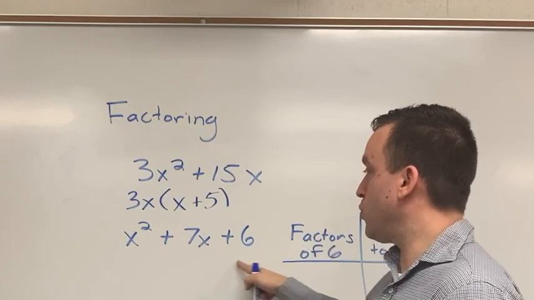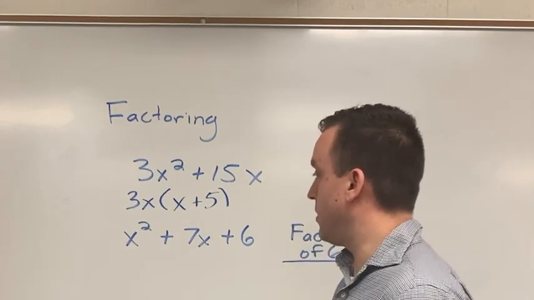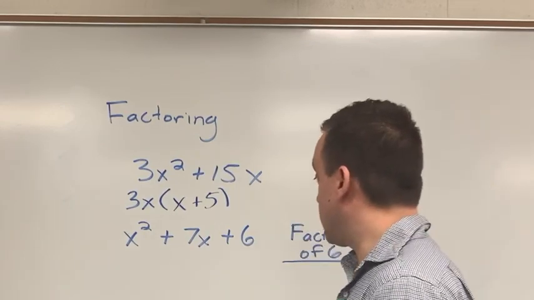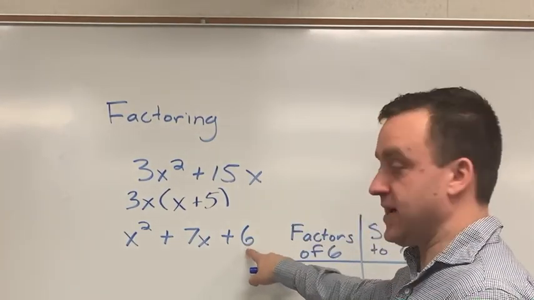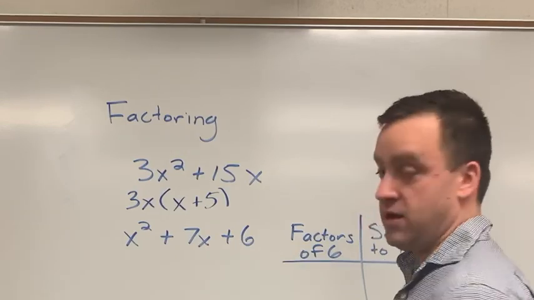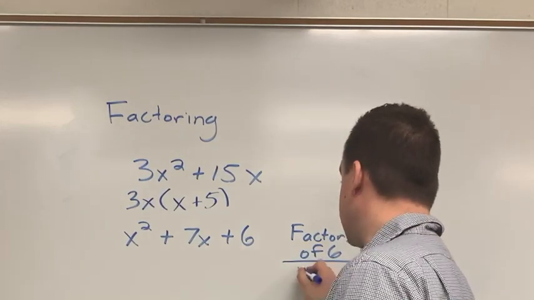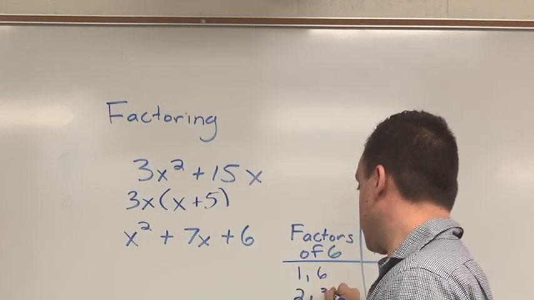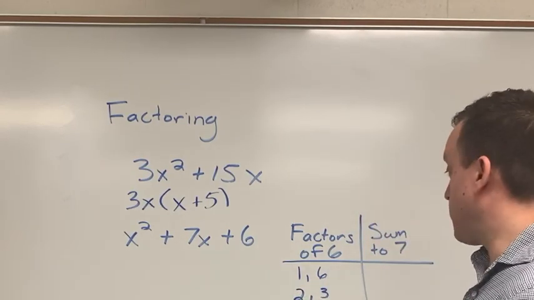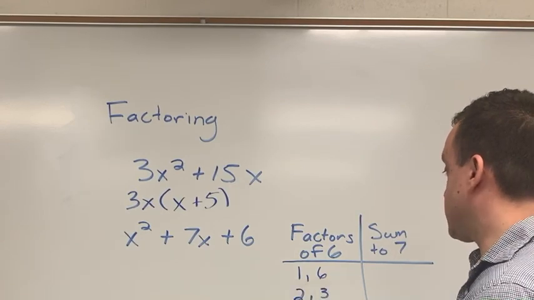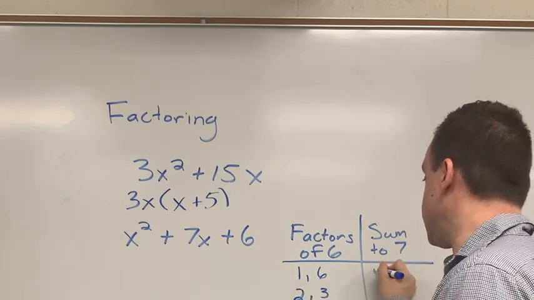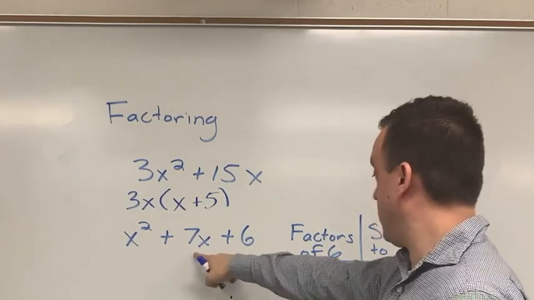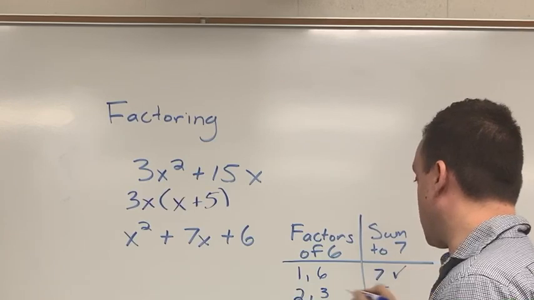Now, when we have a trinomial of x squared plus 7x plus 6, this is a little bit more difficult to factor, but we look for factors of 6 that are going to sum to 7. So if I just start writing the factors of 6, I have 1 and 6, 2 and 3, and then 3 and 2, and they would repeat. So if I sum them, 1 plus 6 is 7, 2 plus 3 is 5. In looking at the sum, we want the sum to be 7, so this is going to work,